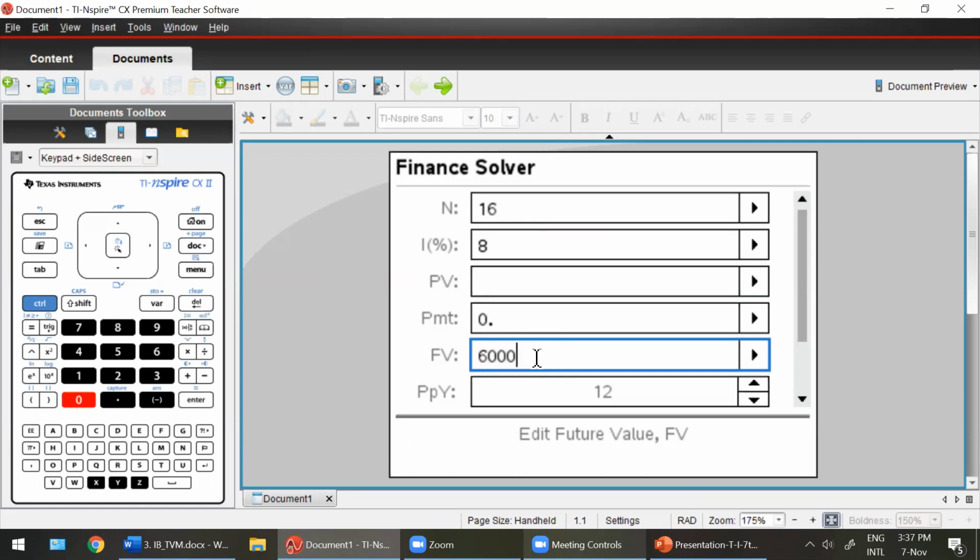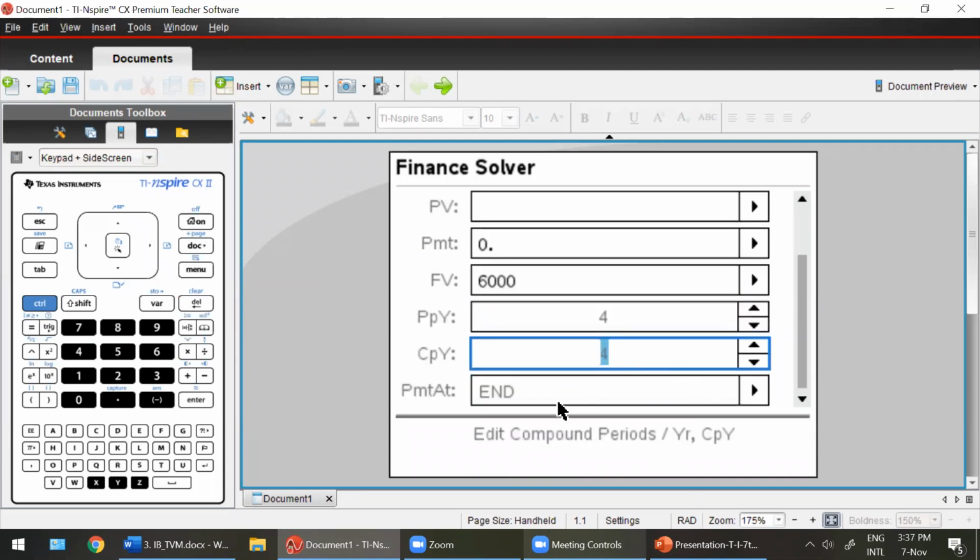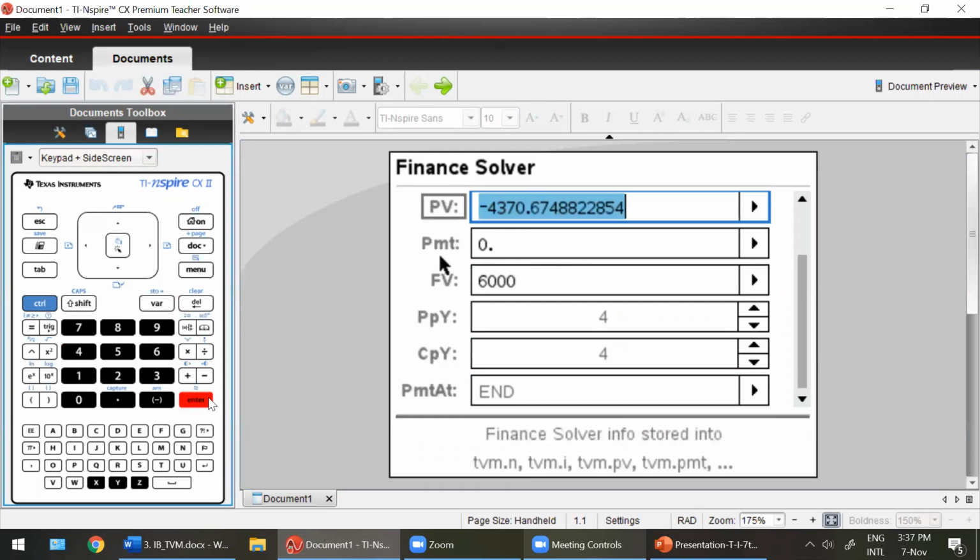And you know that your PPY, that is payments per year, is 4, correct? Oops, see, I told you how it plays along. And see, that's it. Yes, this is also 4. And there you go. Then press end, keep the cursor at the right place and hit enter. What do you notice about this answer? Something went wrong.